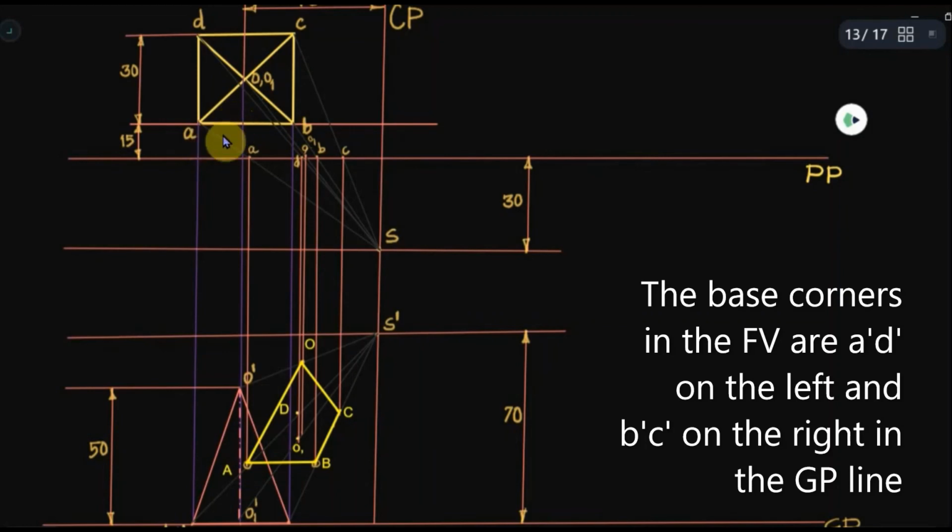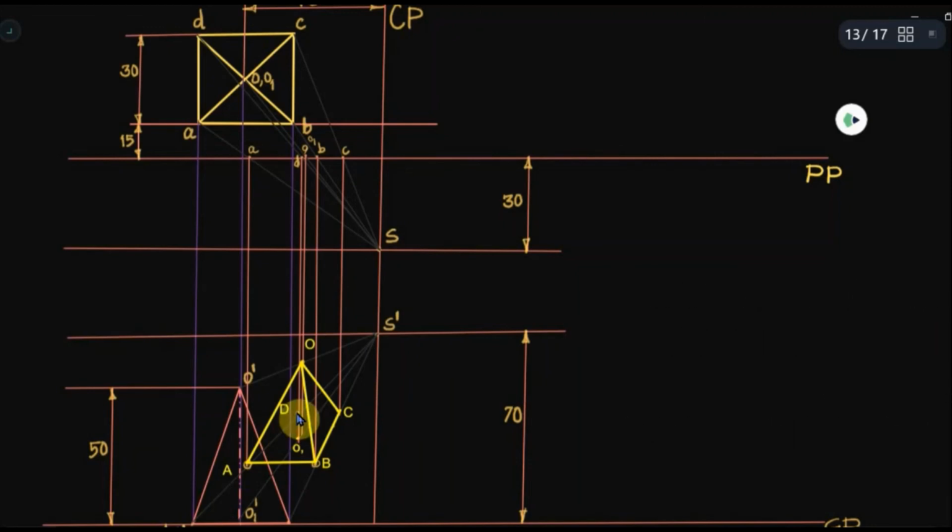The right side face OBC will definitely be visible, and so the edge OB should be drawn in full or dark. See, once you draw this much complete, it's very clear that the remaining edges will be dotted, that is hidden.